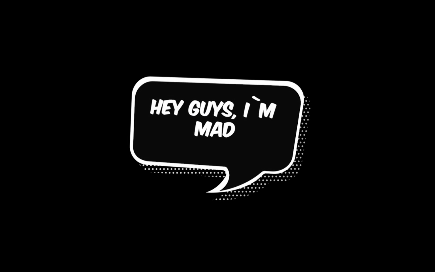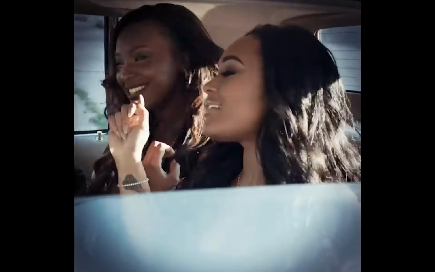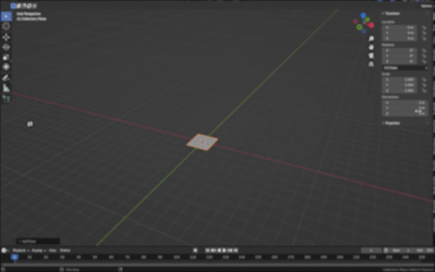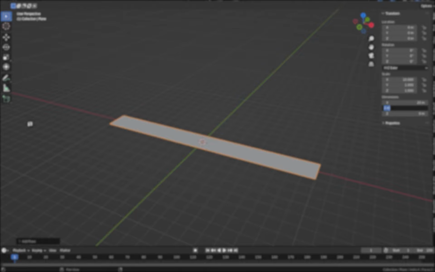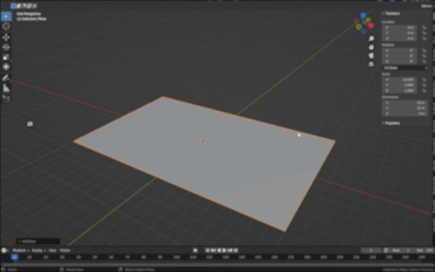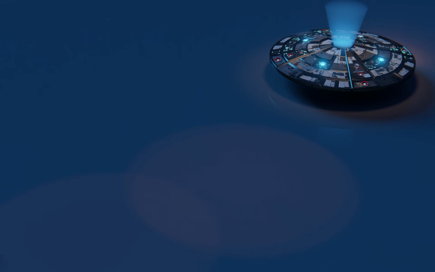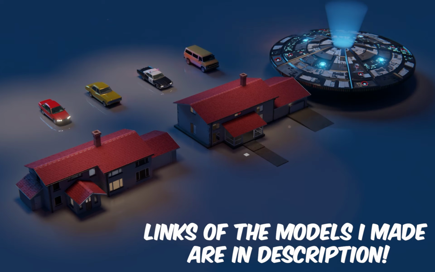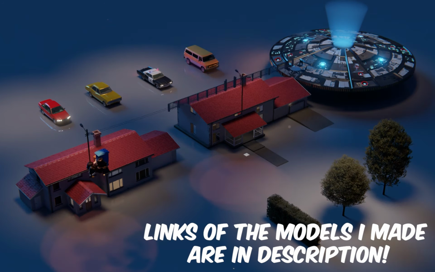Hey guys, I'm Matt. I'm mad, but I ain't stressing. After making a clear scenario, before jumping straight into Blender, we need to figure out what assets we need and find references for them. We're going to need, of course, a UFO, a couple of houses, cars, some trees and grasses, a few various objects for filling out the street, and 2 or 3 smoke simulations.